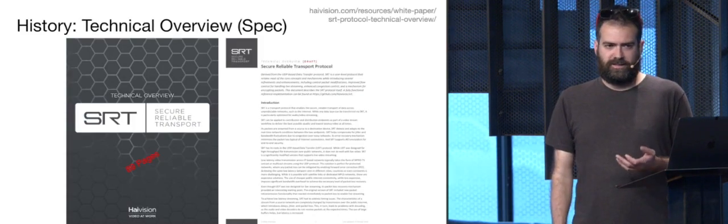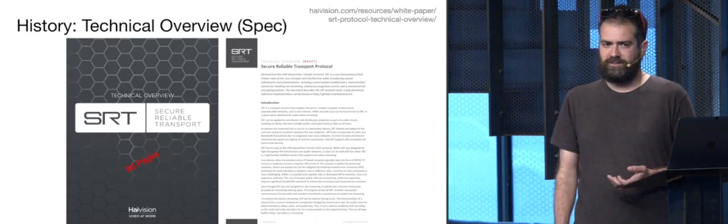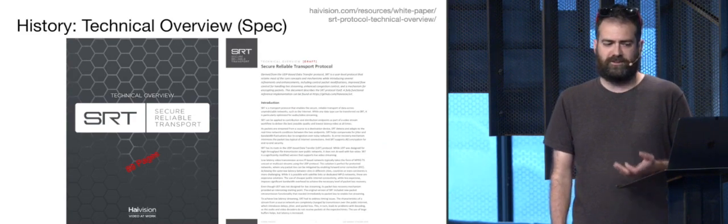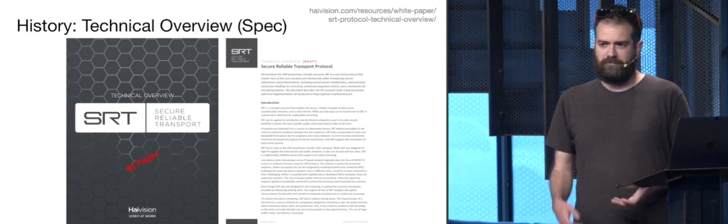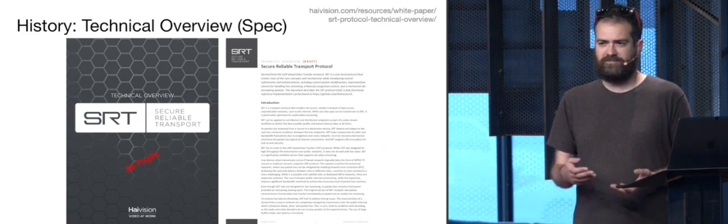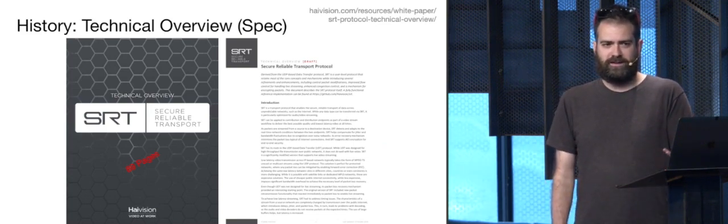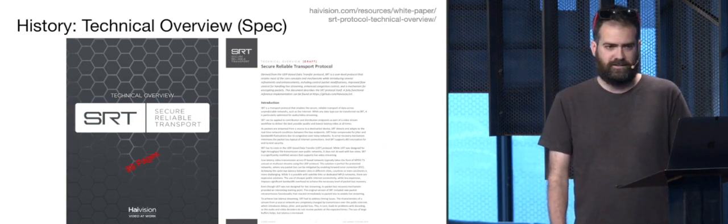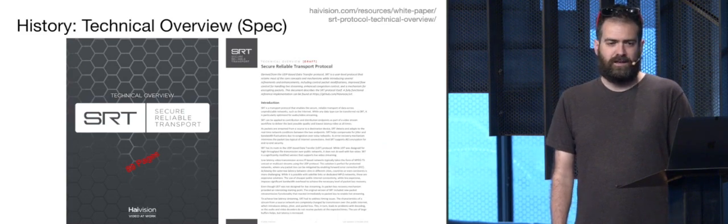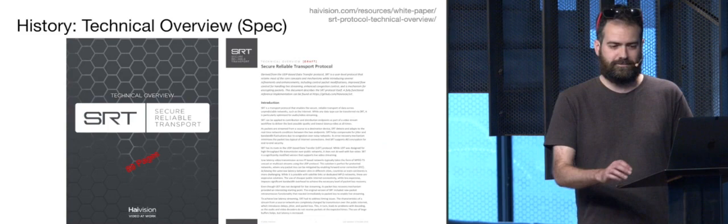Later in 2018, they released something called the SRT Technical Overview, which is really like the SRT specification. It's 89 pages long. For comparison, the RTMP spec, I think, is 52 pages, and these pages are a lot denser in the SRT specs. There's really a lot more information there. It's a really detailed specification. Even people who are partisans of some of the competitors have admitted the SRT spec is really great.